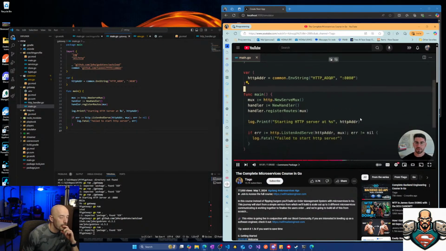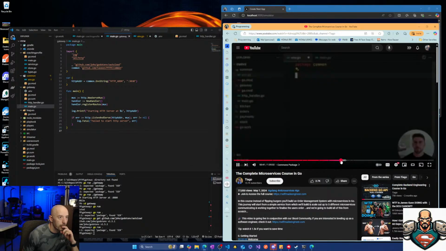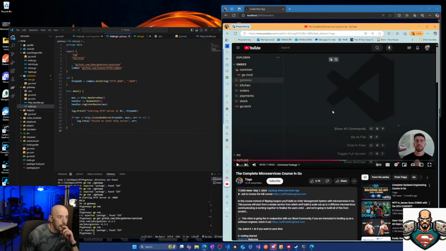So let's just change that. And actually we could come up with the go.mod for the common package. So we're going to create and initialize the common go.mod, because this is going to allow us to have reusable functions across all of the services, so we don't repeat ourselves. And then in the next video, I want to show you as well the hot reloading feature that we're going to implement. So we can have all of that boring stuff set up out of the gate, so we can start building fast. So the first thing is that I'm going to create here maybe